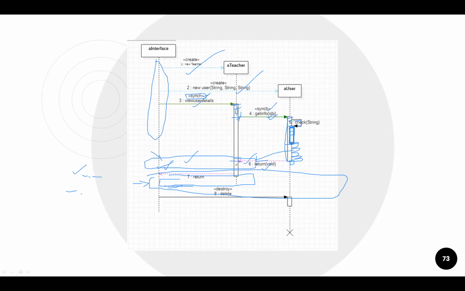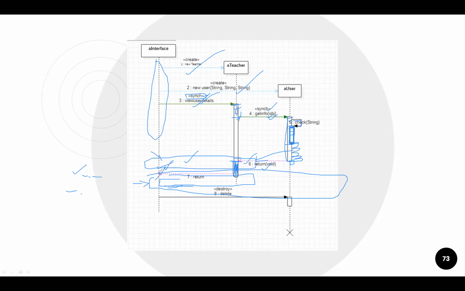And after this get info method, what lines are left? Up to this point, the print line. Print line, yes, Akash, print line, fine. So after this, we have some lines. That's why we have a little gap here. We have filled this, right? So this is probably for the System.out.println, right? And when this is executed, we again get a success message that my view user detail has been successfully executed. Now we are at this line in the main method.